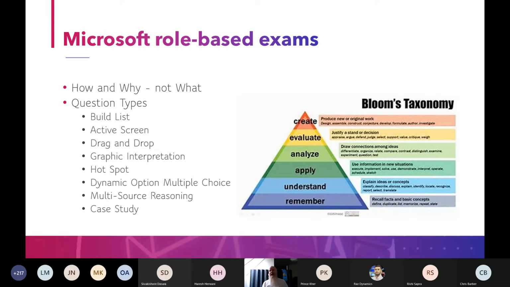You'll also have case studies. Pretty sure you'll have a case study in this exam. Some Microsoft exams now have up to 3 case studies. I can't remember how many in this one, but you'll at least have one. And in a case study, you get a whole scenario with a lot of points. Often there'll be an overview and some background.